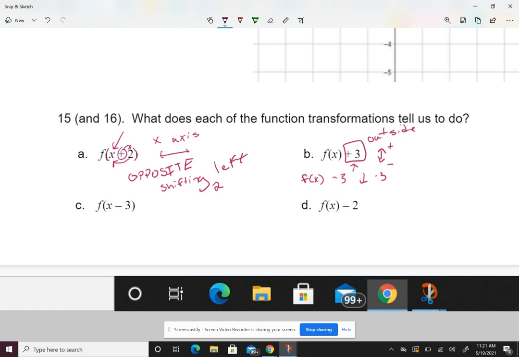Okay, so that's what you got to understand for this. That's how I change it. If it's inside the parentheses, it's shifting it left or right, always the opposite of what you think. If it's outside the parentheses, then it's going to shift it up or down the way that you think. Adding 3, that tells me to go up. If it's -3, it tells me to go down. Okay, hopefully that